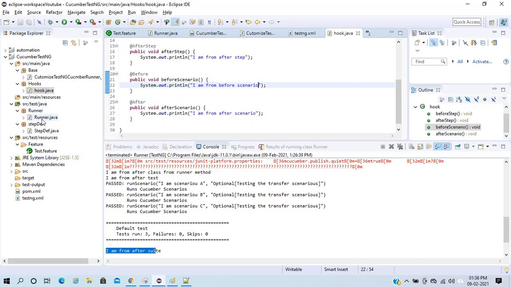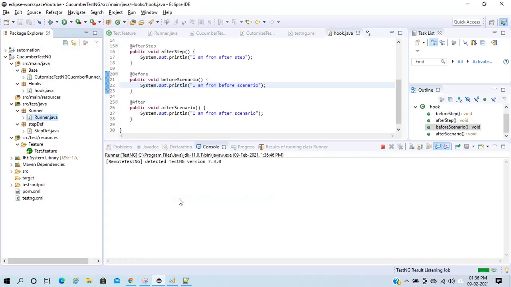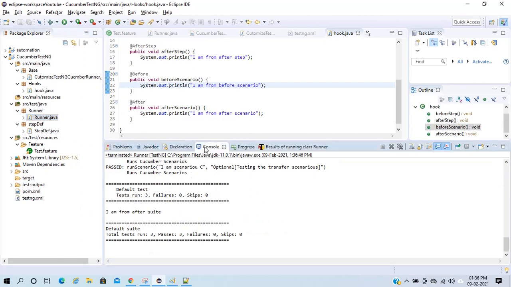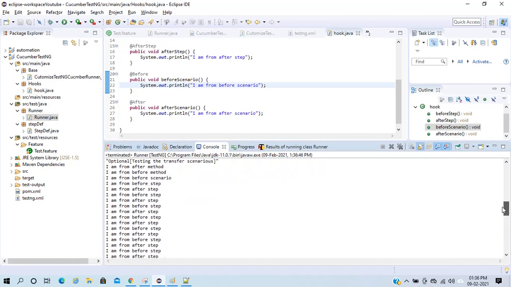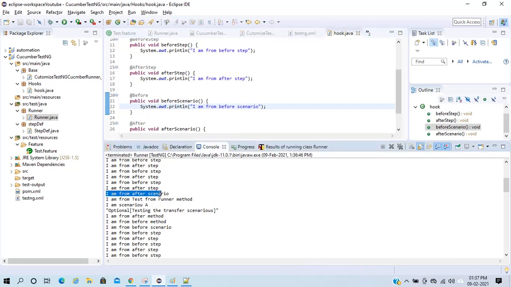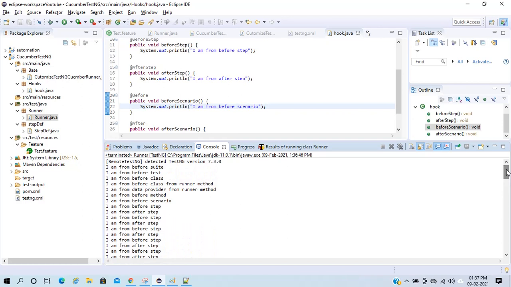So I will execute again. See guys, what happened here: I am before scenario, I am after scenario, and I am before scenario.